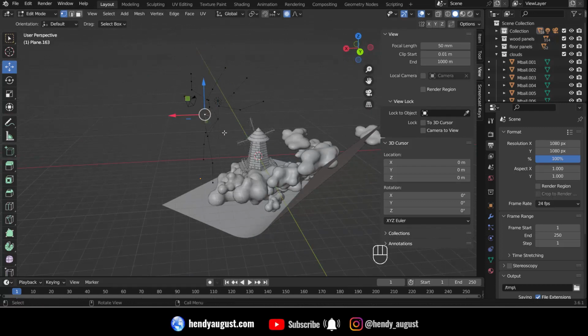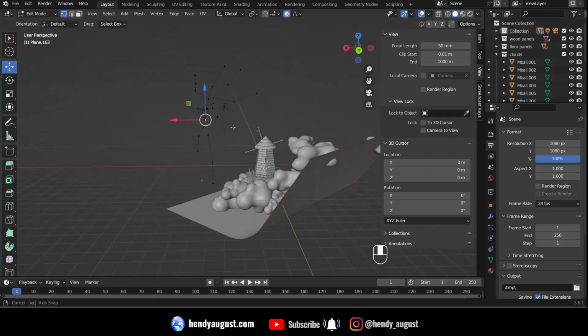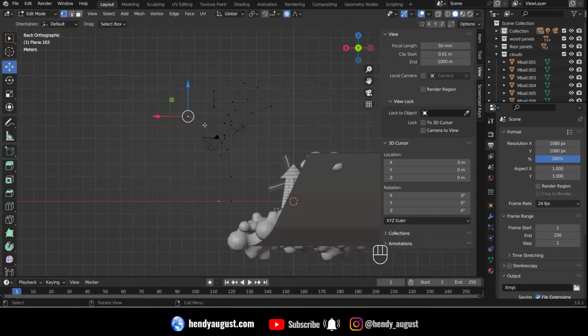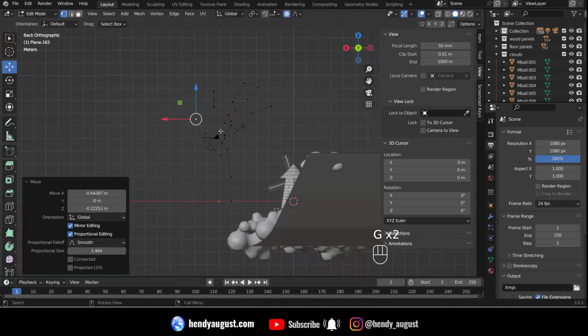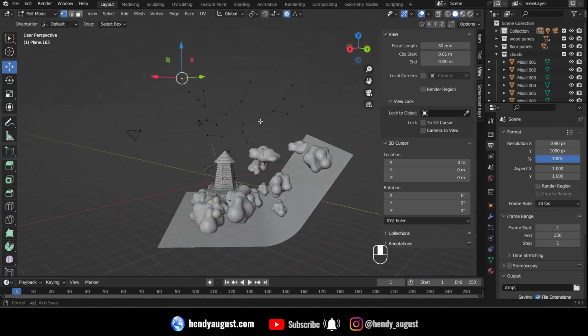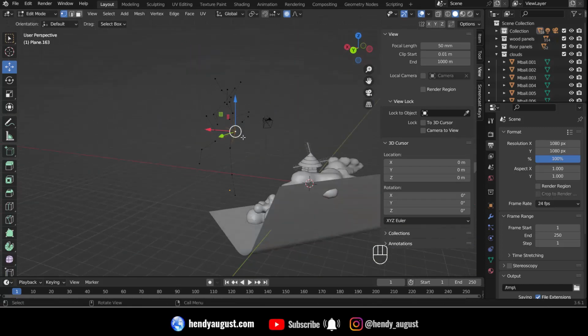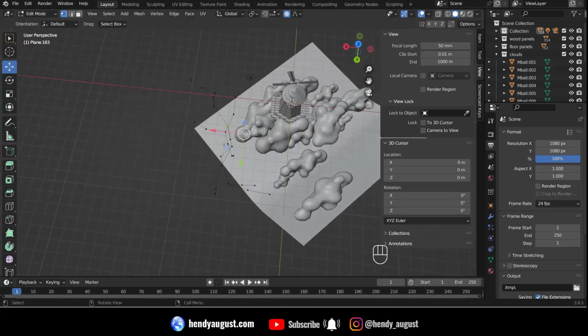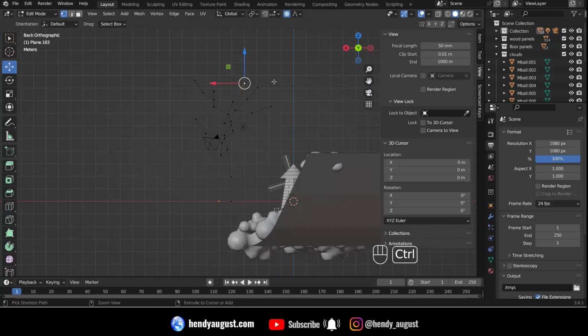Okay, maybe something like this, or maybe we can go to y-axis and we can add another branches on the viewport. Okay, maybe something like this. I think it's pretty good. Maybe we can add another here. Okay,